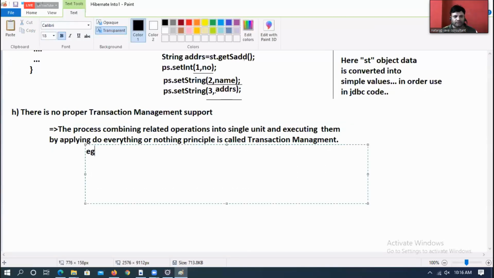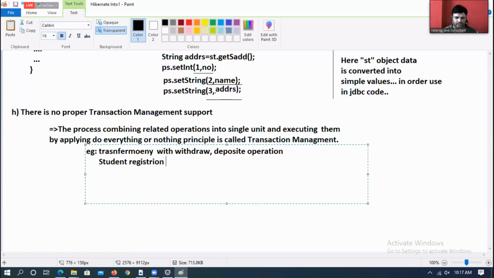Example: transfer money with withdraw, deposit operation.